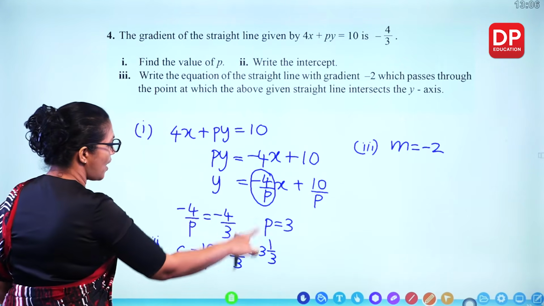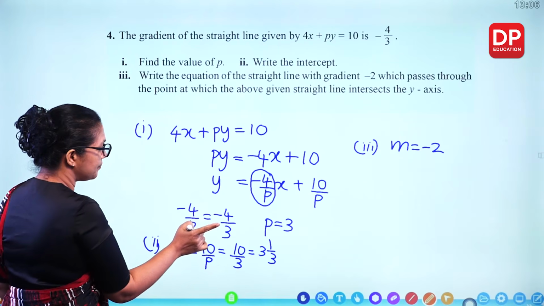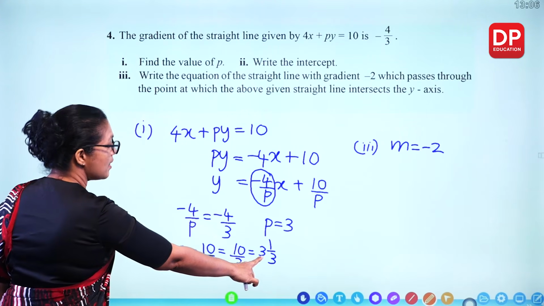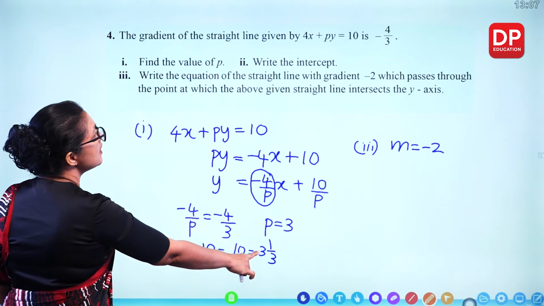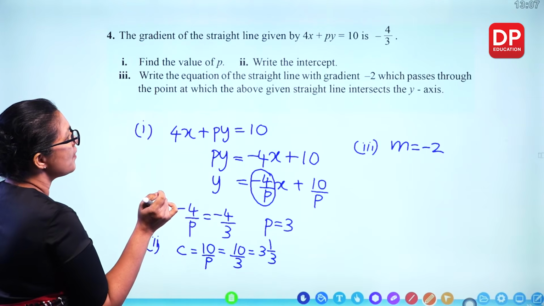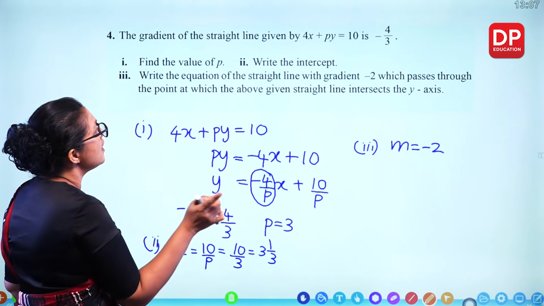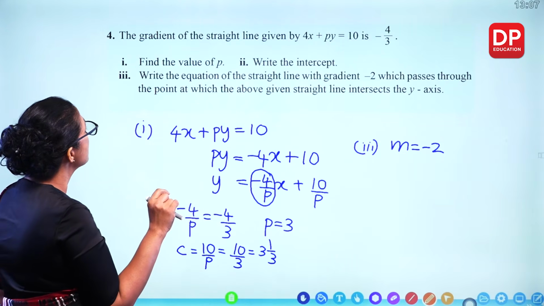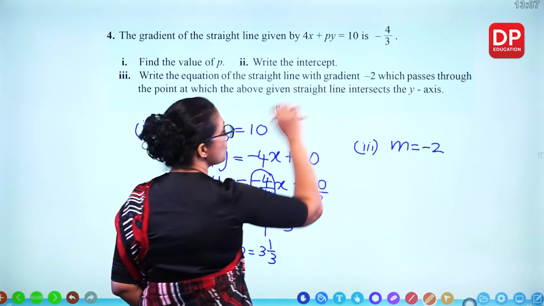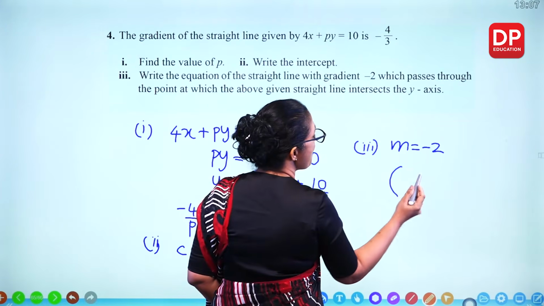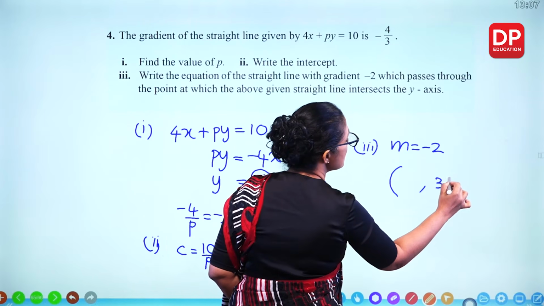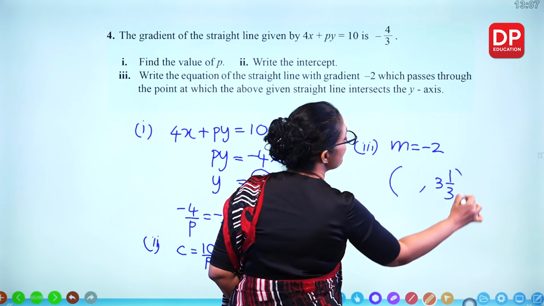So in this one, where it cuts, the intercept is this 3 and 1/3. So 3 and 1/3 is the point, passes through this one. So here y coordinate is 3 and 1/3